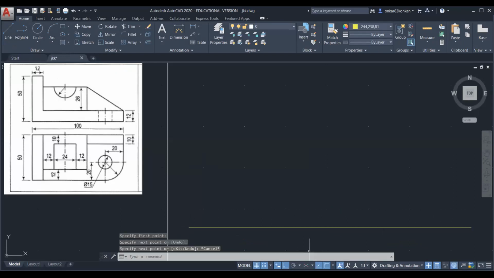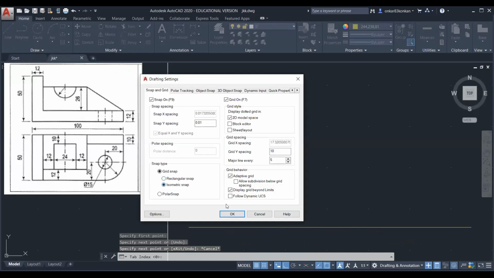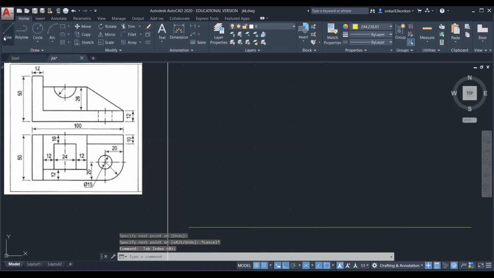So this is a reference horizontal line. So I have drawn this line in the ortho mode, and then you can change the mode. Select this isometric snap, then OK. Now select the line, and you can select one point on this line. Okay. So anywhere you can select the line, select the point.